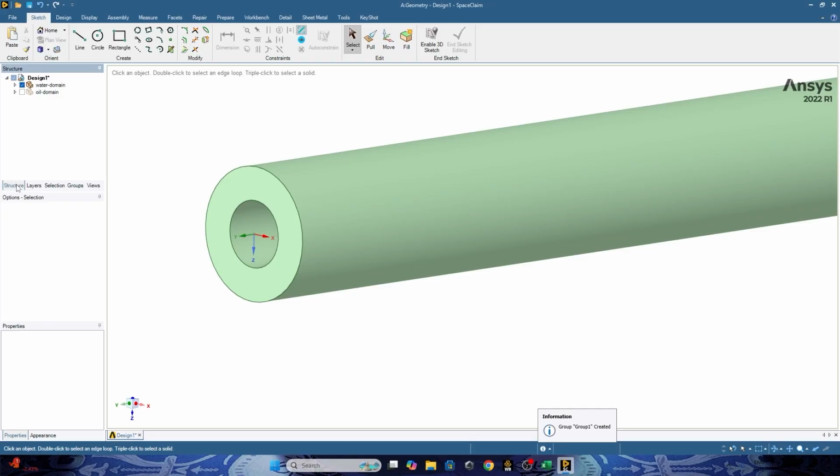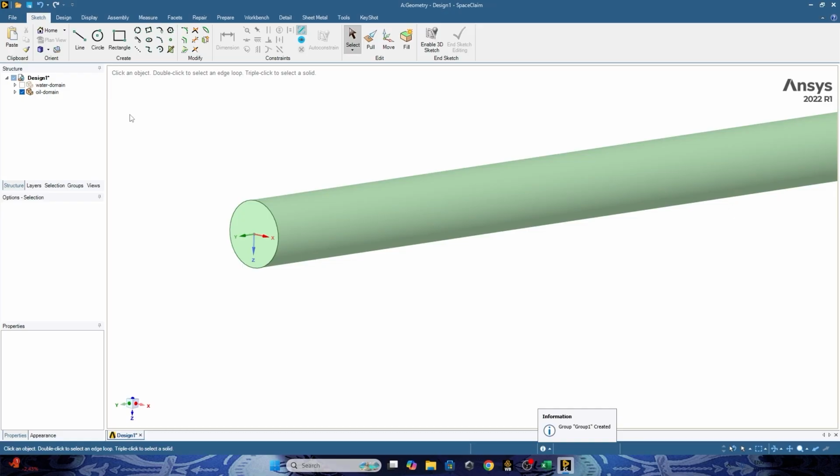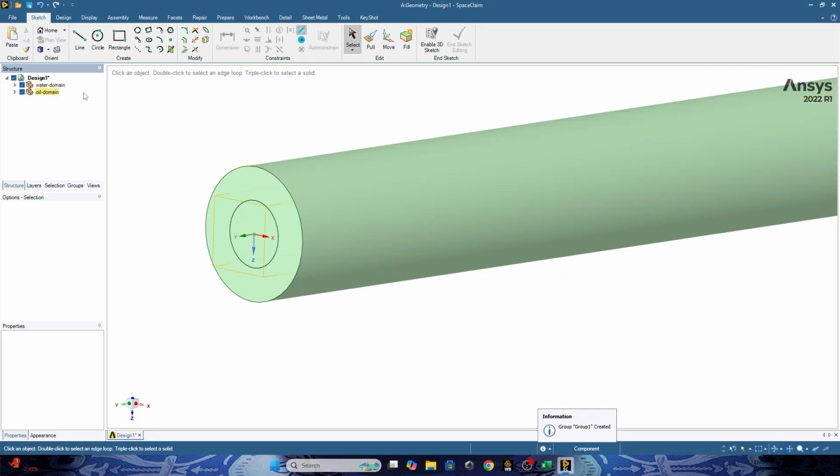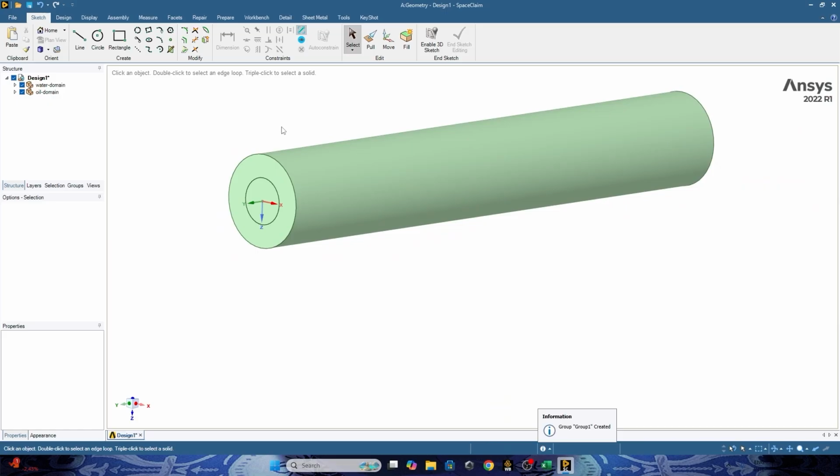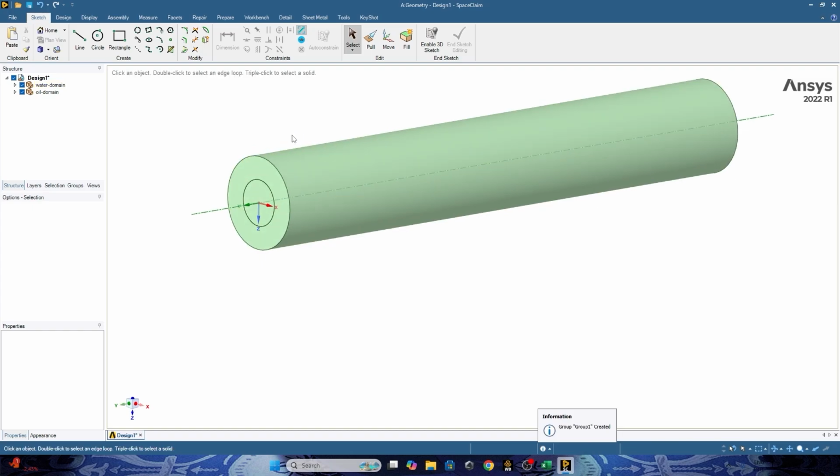Then go to the structure, hide the water domain, and focus on the oil domain. Anyway, for the concentric tube, there are two types of fluid flow through the tube: counterflow and parallel flow. Counterflow is when the inlets for the two fluids are on opposite sides.